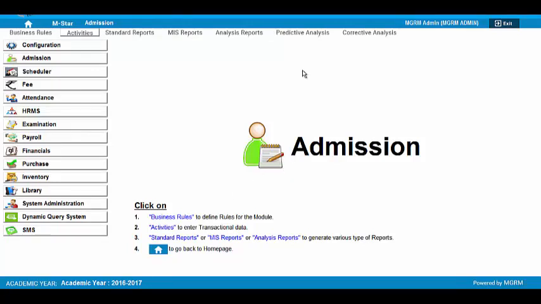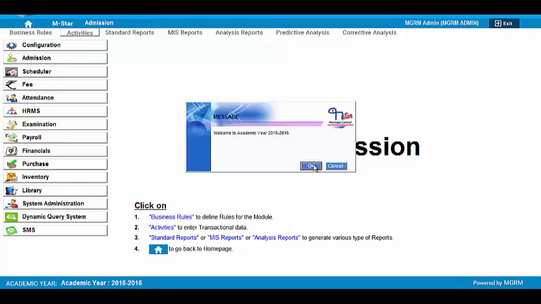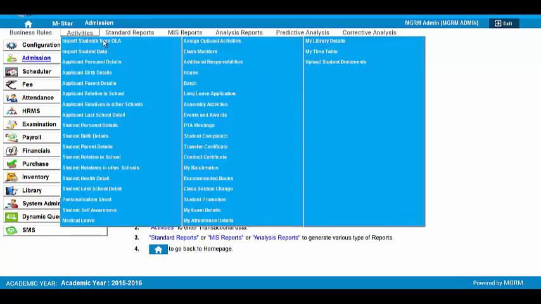Let us again quickly recap the steps that we have done. Let us go and promote the students of another class. For that, again we are changing to the current academic year from which we have to promote the students. We are in the admission module. Click on activities, select the screen student promotion,